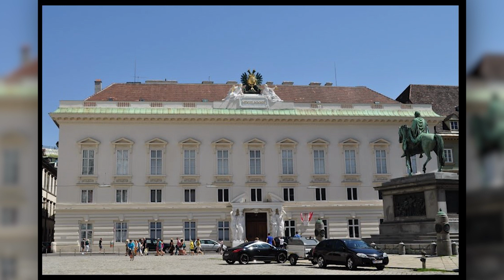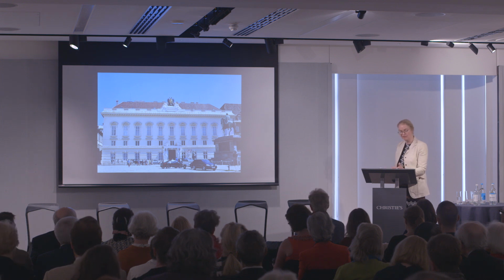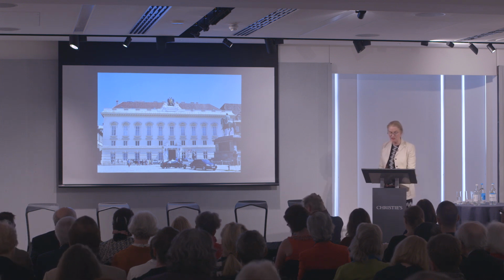Another count, Count Fries, who became a Reichsfürst as well. Moritz Fries owned quite a lot of sculptures by Canova. So you can see that the taste was, I wouldn't say everyone had the same things in their collection, of course, but the taste was sort of unified. And we also have to bear in mind that it wasn't only personal taste, but it was almost